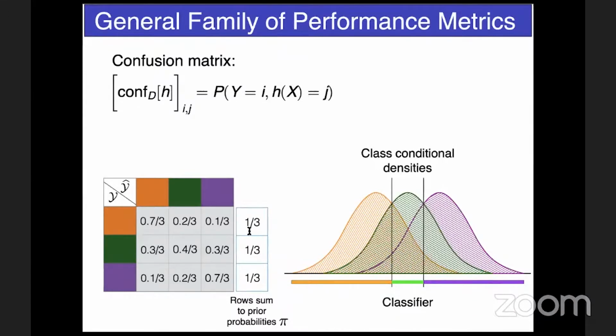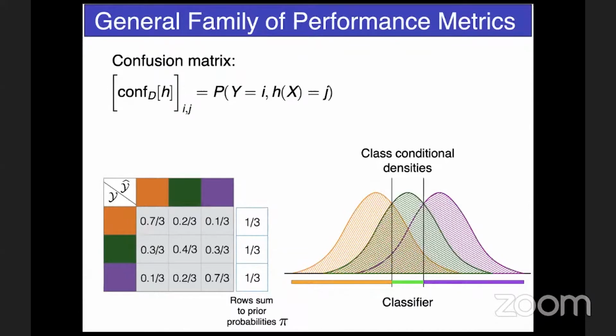So I have a by 3 here because we are trying to match each row to sum to the class probability of orange. In this case, they are equally probable, so it's 1 by 3. So that's 0.7 by 3, 0.2 by 3, and 0.1 by 3. That corresponds to the first row of the confusion matrix for this classifier. Similarly, you can do the same thing for the second and third row, and you can get a confusion matrix out. So the confusion matrix is a very fundamental object that's associated with every classifier. And what we'll focus on is evaluation metrics that use the confusion matrix.